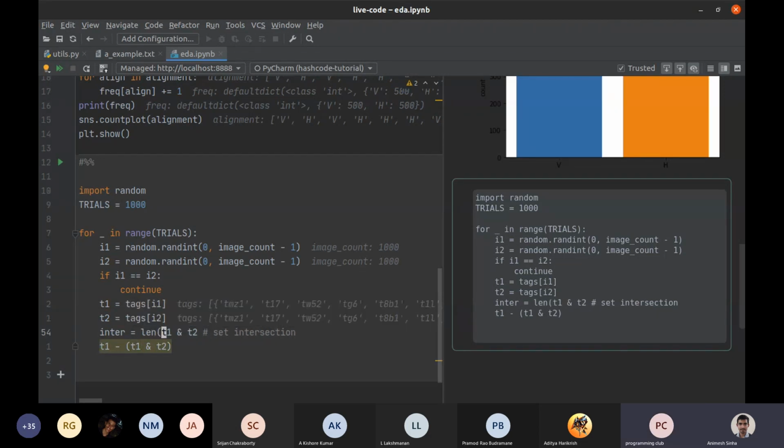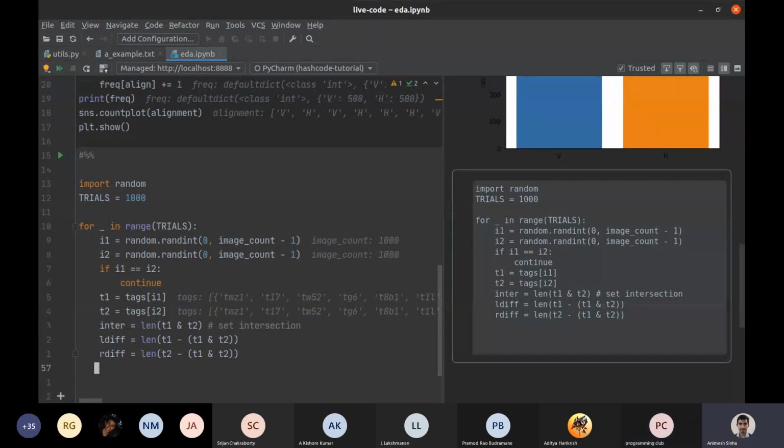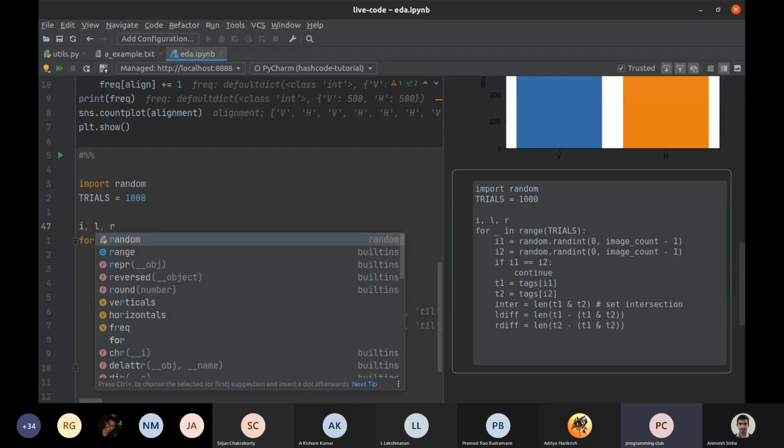And then you can compute the left difference as length of T1 minus intersection. LDiff and RDiff. Do you have the brackets wrong? Yeah, fine. That's okay. This is very slow. Now what? Do I need three lists, right? Or no?